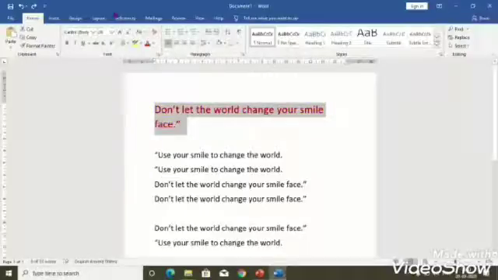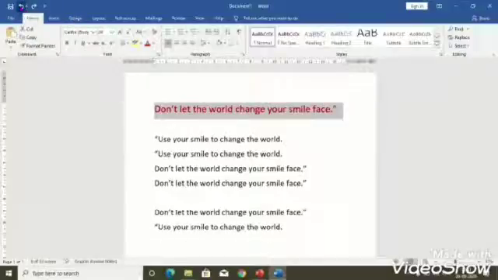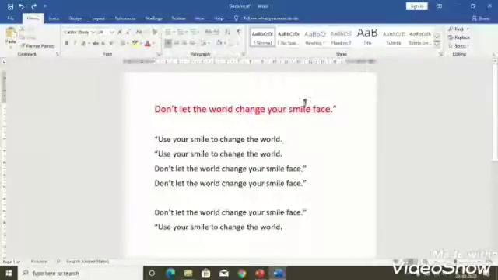We can also use the undo option from the quick access toolbar. When we press undo from here, we see our text editing goes one step back. So now what is redo?